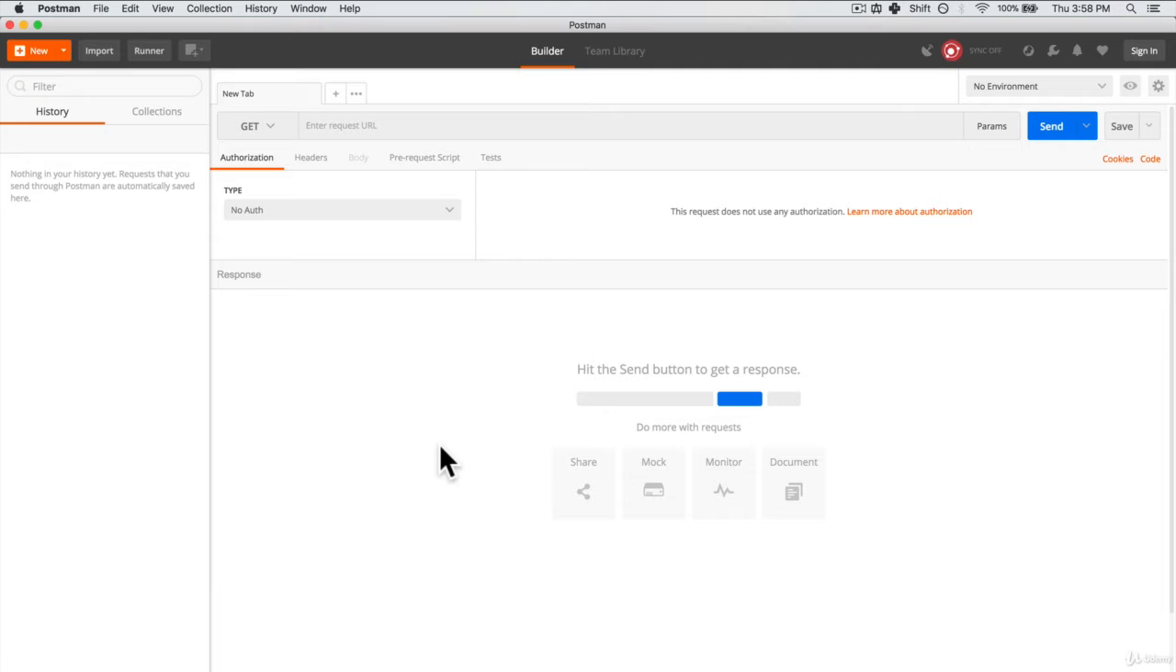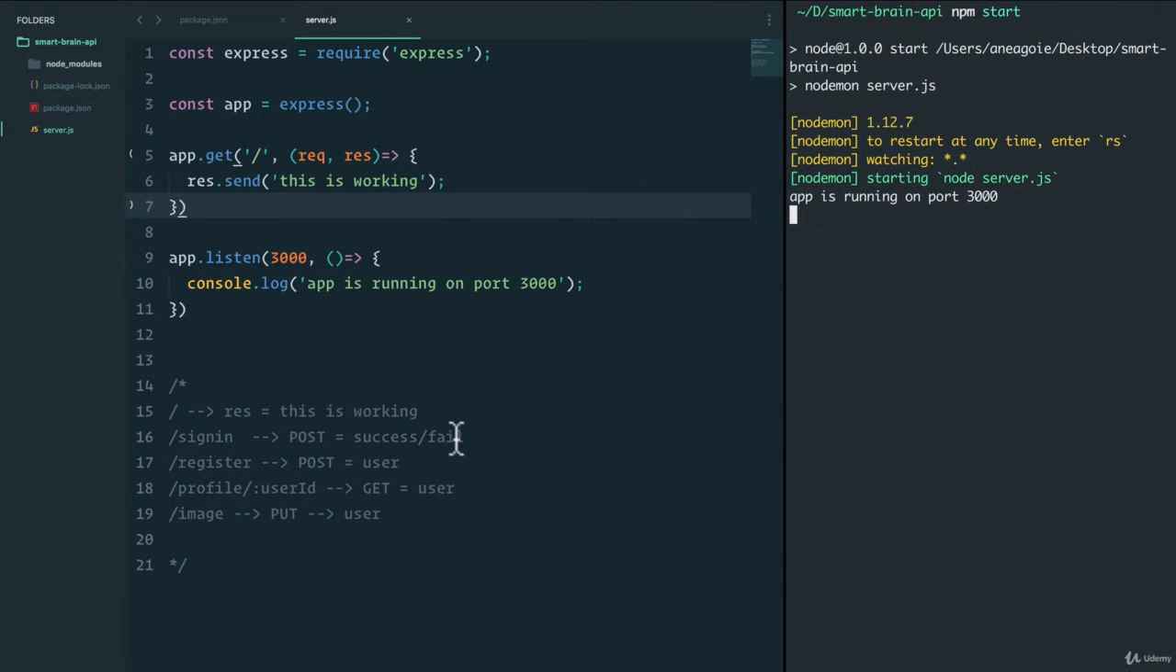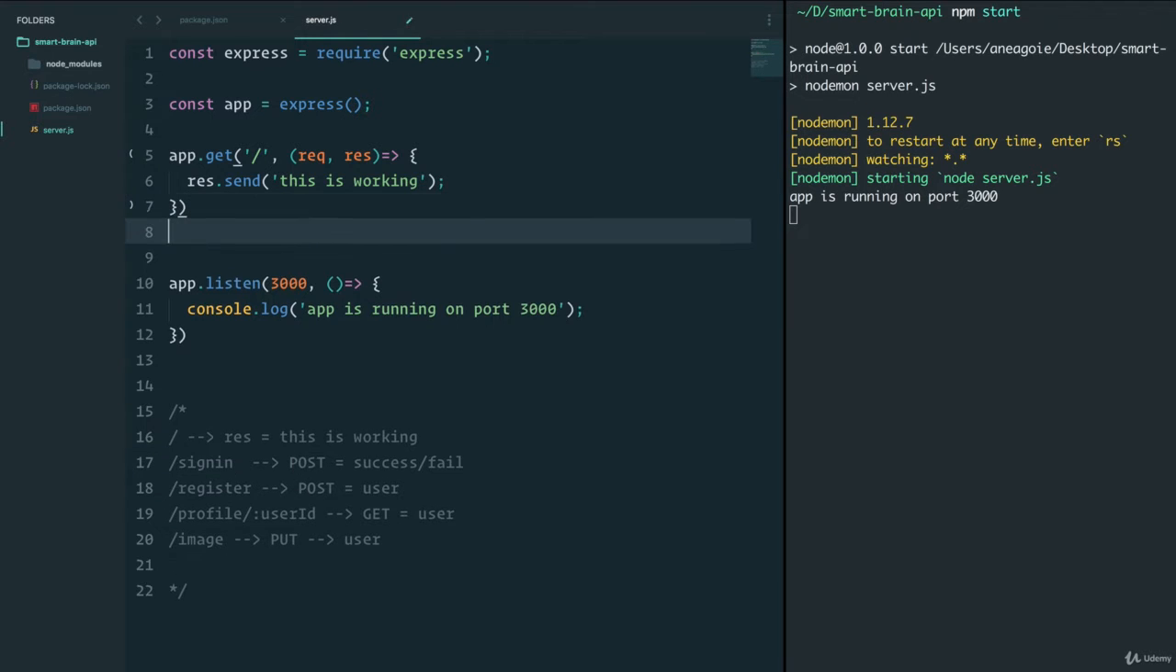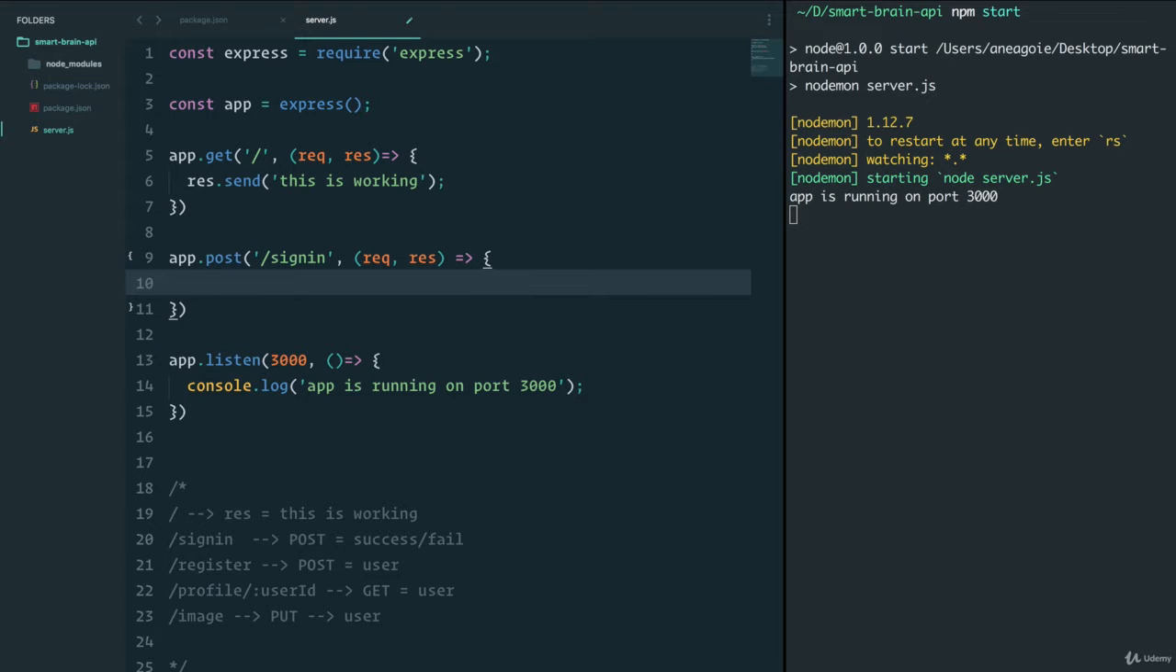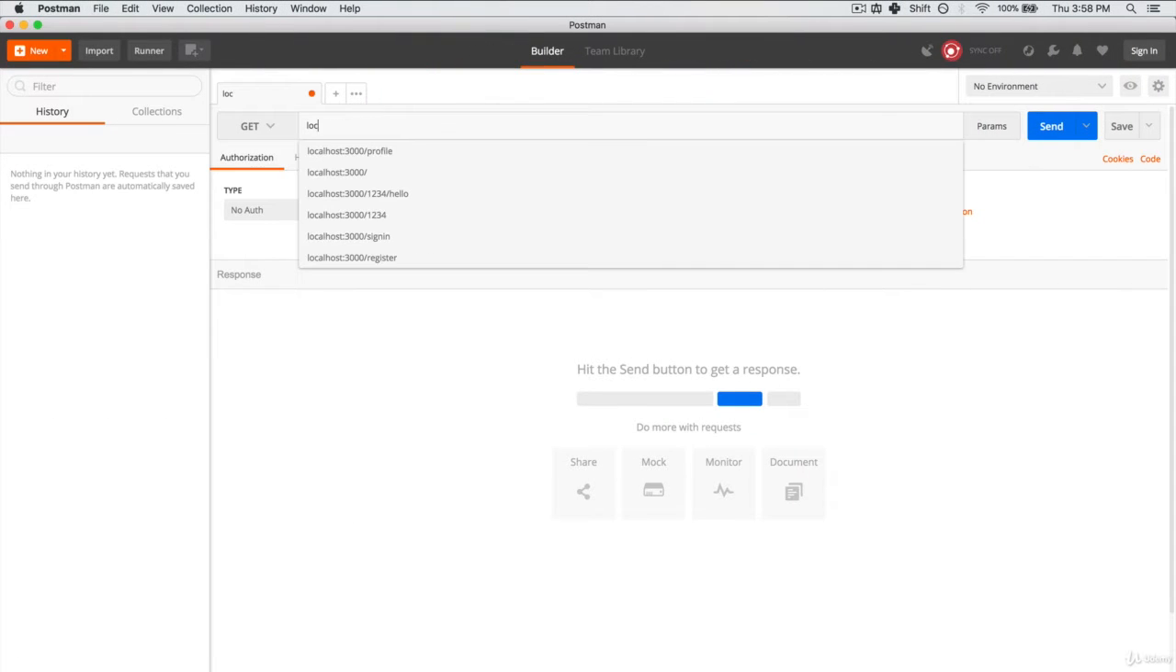All right, so I think it's time to get started. The very first thing we want to tackle is the sign-in. So let's think about this. I'm going to do app.post for sign-in. And when we do the sign-in route, we're going to have a request response. And here, just to test that everything's working, we'll do response.send sign in. Let's save. Go to Postman, do localhost,